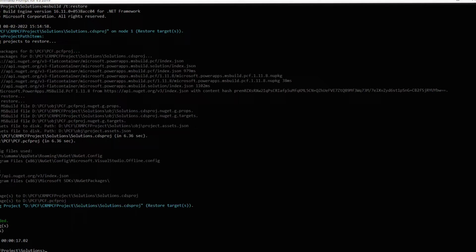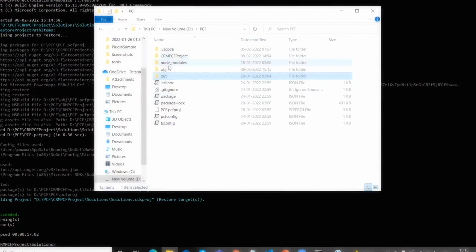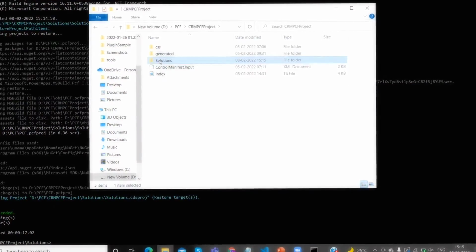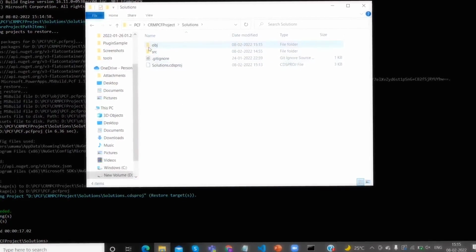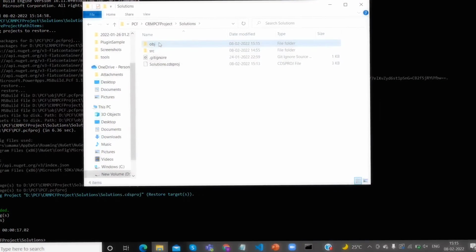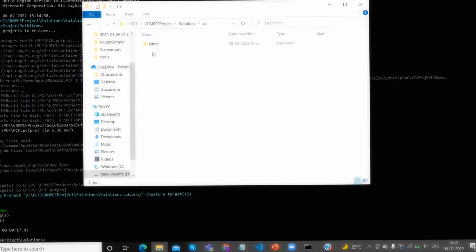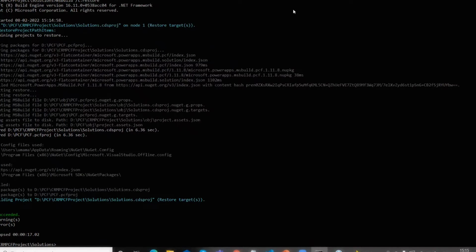And if you go to my folder path, inside this folder I have a solution folder, this one. And if you see in the SRC, we have a solution and customization files created now. Now once it's built successfully,